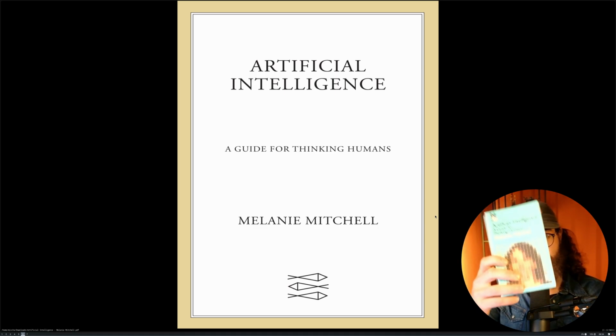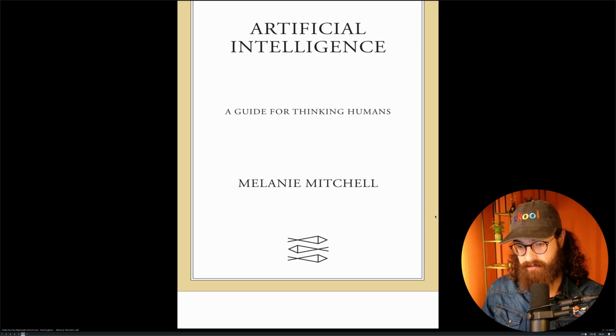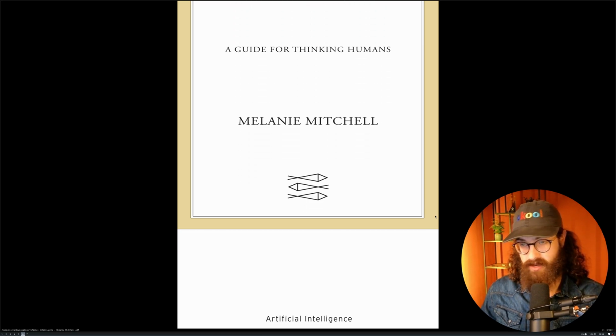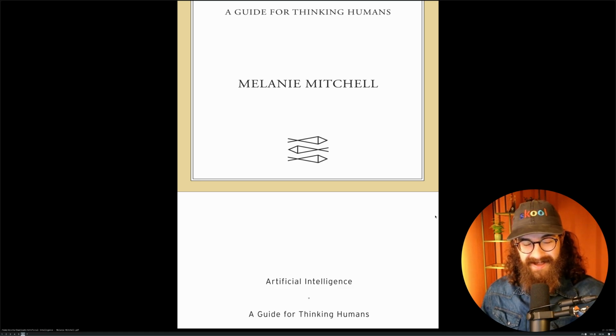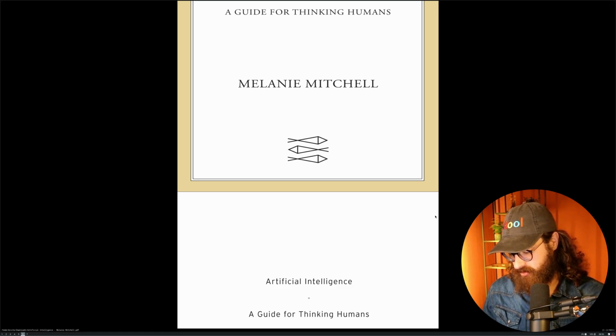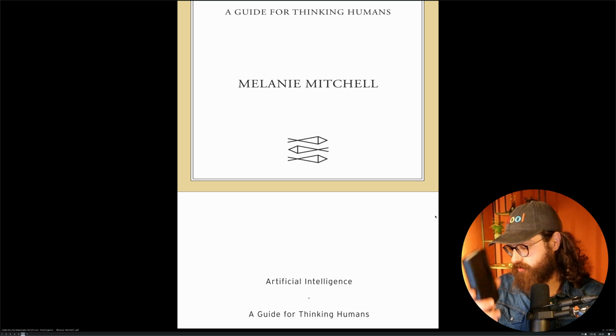As you see, I have the physical copy here. That's how I read it. But I have also purchased a PDF version of this. So this is all legal. I have done my purchases. So I can show you a little bit from the contents as I'm going along, because it's really important that I drive home some of the key concepts of artificial intelligence, of Zettelkasten, I mean, and as I'm learning about artificial intelligence. So I've been reading this book, and I took notes first in this little notebook